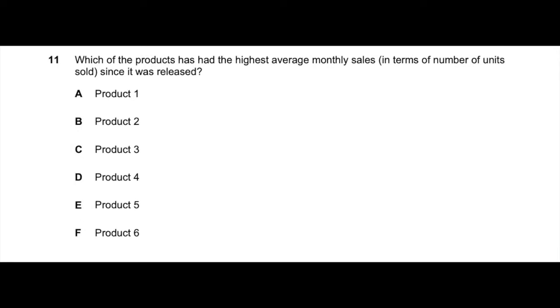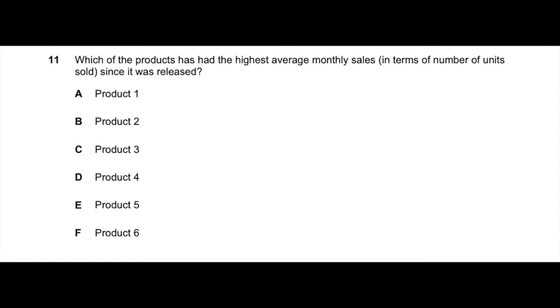Question 11. Which of the products has had the highest average monthly sales, in terms of number of units sold, since it was released? The correct answer is E because of the following. Product 1: 1,000 units over 3 months, January to March, 800 units over 3 months, April to June, 700 units over 3 months, July to September, 500 units over 3 months, October to December. Therefore, the average monthly unit sales were 1,000 plus 800 plus 700 plus 500, divided by 12 equals 250 units